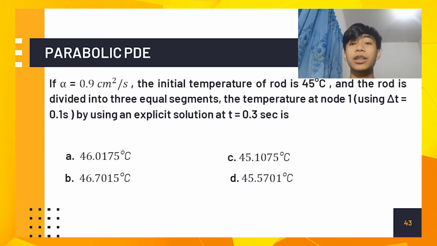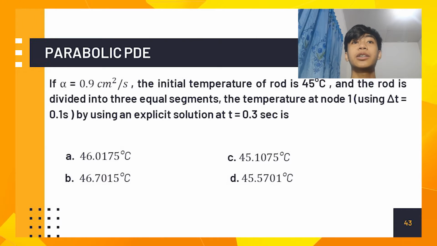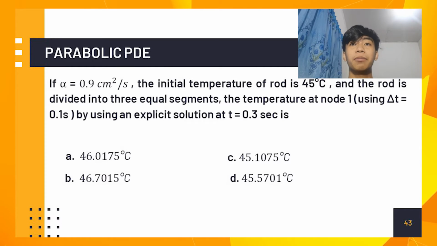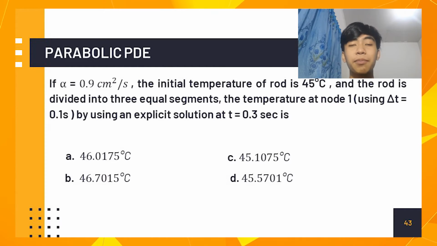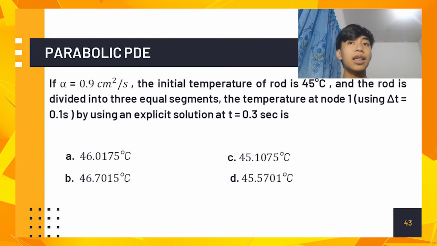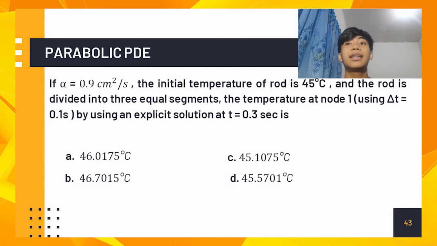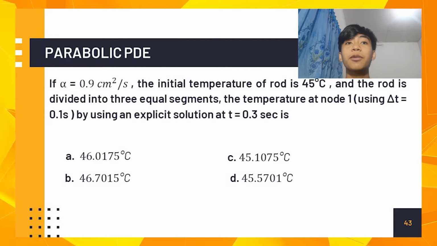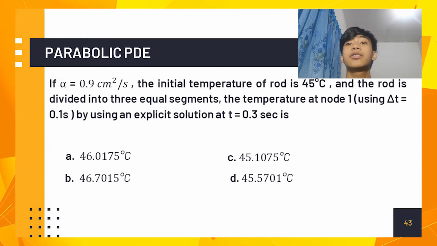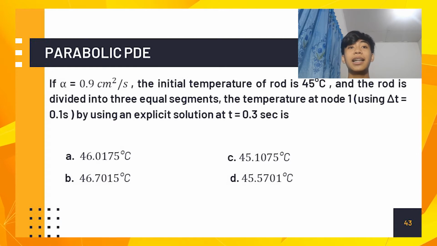If alpha is equal to 0.9 centimeters squared per second, the initial temperature of the rod is 45 degrees Celsius, and the rod is divided into 3 segments. The temperature at node 1 using delta T is equal to 0.1 second by using an explicit solution at T is equal to 0.3 second is letter A